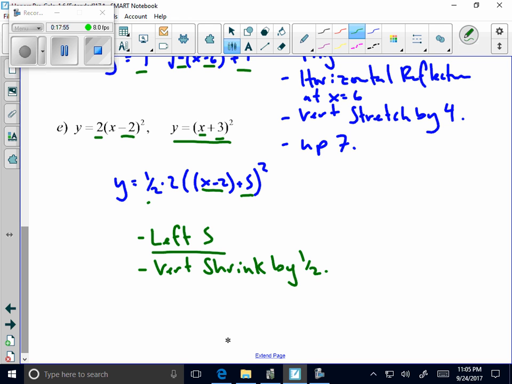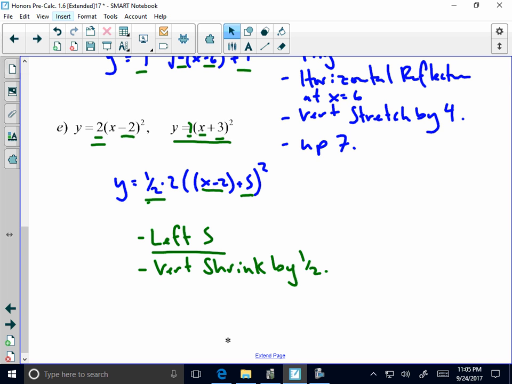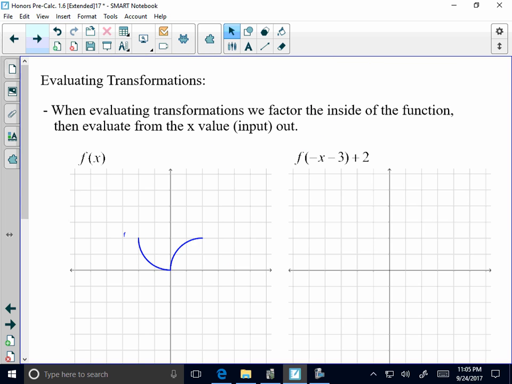And then right here outside my square, if I introduce a multiplication of 2, I've also got to introduce a multiplication of 1/2 to get that basically 1 out there. So right here we would say that's a vertical shrink by 1/2 from the vertical stretch of 2, right? So right here I want to take a look at one more kind of problem, and we will then call it. So right here, in this problem, basically we're given